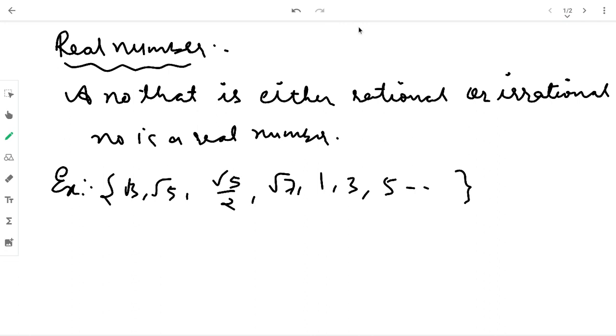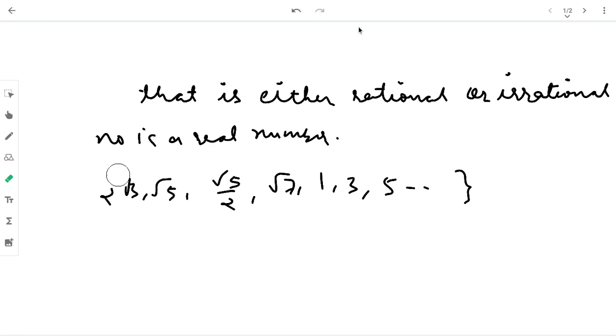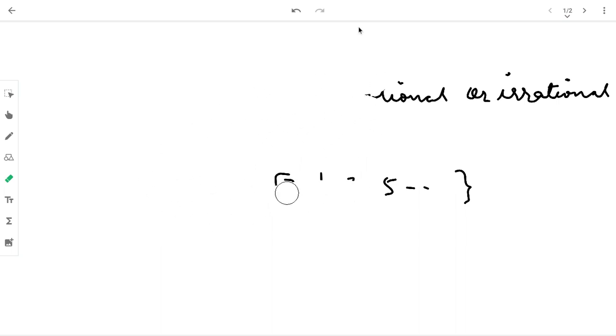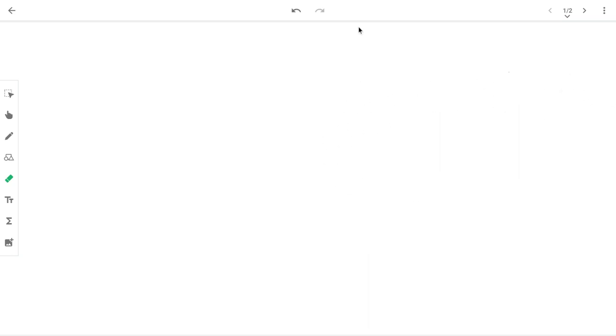Now the next is the number system and the representation of natural number, whole number, integers and rational number on the number line. Representation of irrational numbers on the number line is difficult work. But first we will see natural numbers, whole numbers, integers and rational numbers. So the first is the number line. What is a number line?